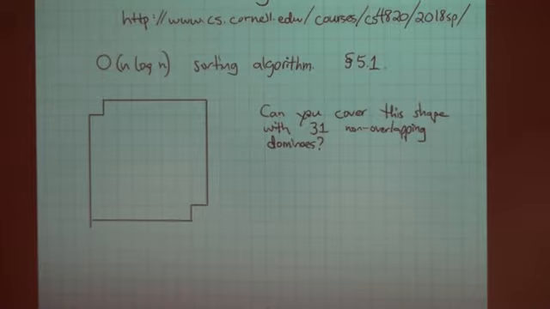Does everybody know what a domino is? It's a shape consisting of two squares next to each other. It's one that hopefully is an actual rectangle if the shape recognition is working correctly. Why the number 31? Because there are 62 squares in that shape. And does anybody know the answer to this puzzle?